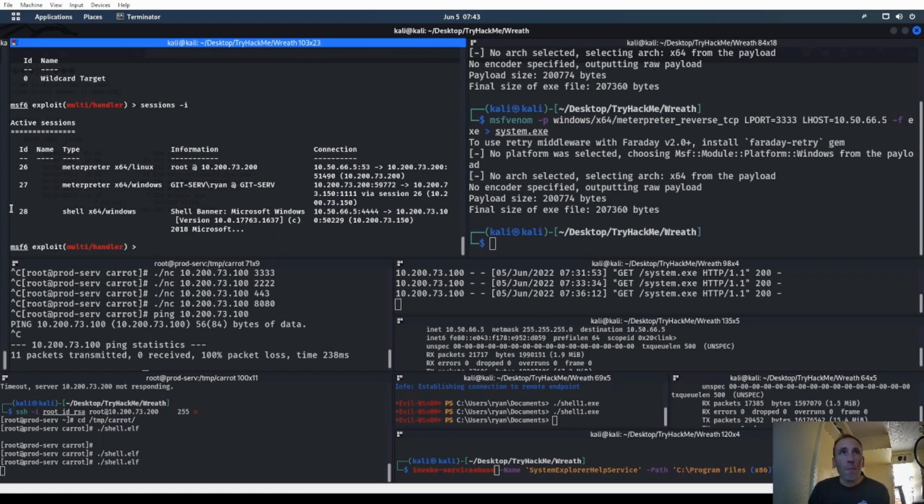Once I did that, I had a listener back here on my machine, and it was a netcat, so it is going to be a shell reverse TCP, an x64 Windows shell. And I was able to get that guy back. Now, once I caught him, the reason I'm not showing you much else is because if I go to sessions 28,